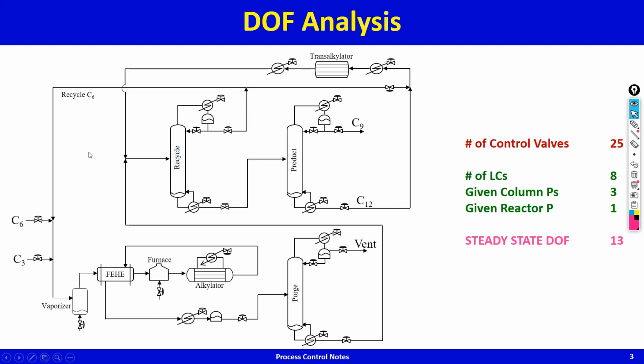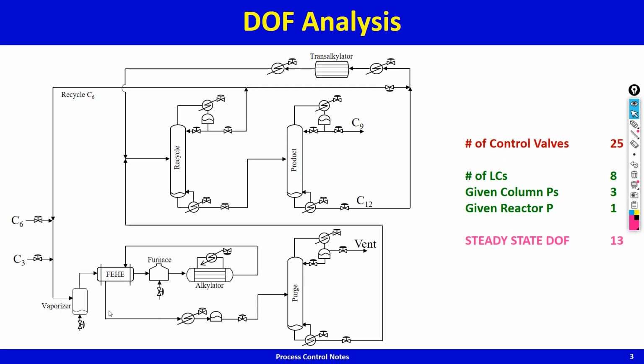Okay, and the reaction section, which is gas phase or vapor phase, because everything is vaporized and then reacted in the main transalkylator. The reaction section is gas phase. The pressure of the reaction section, or the reactor pressure, is another degree of freedom that's not in our hands. Typically it will be decided by the design of the process, and typically you would be running the reactor at the maximum allowed pressure, because maximum pressure will maximize reaction rate, and maximum reaction rate will reduce your reactor size as much as possible for a given conversion.